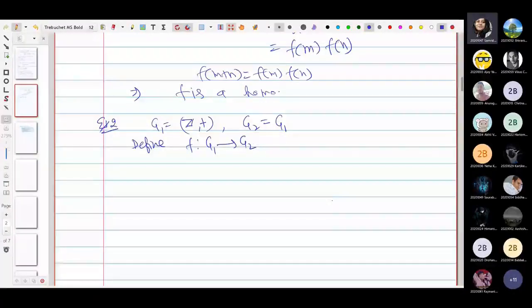Okay. So define a function f from G1 to G2 by f(x) equals 2x, 2 times x. And you can immediately tell that this is not going to be onto, because in G1 we have the set of all integers, but there will be elements which are odd also, so those won't be images of any element from Z. So this is not going to be onto anyway. That is another story, but the thing is that let us take two elements x plus y.